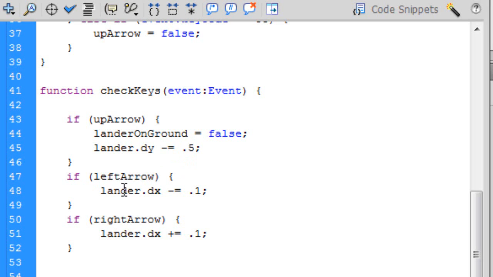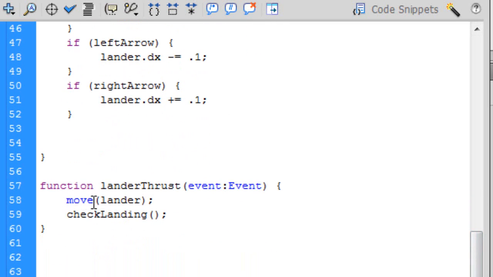If we have the left arrow, then the dx is going to be minus 0.1. If we have the right arrow, then our dx is going to be plus 1 for our lander movie clip. All right, so if we press the up arrow, the dy is going to move up, and if we have the left arrow, it'll move to the left, and the right arrow, positive to the right. So in our lander thrust, we have our move function for the lander, and then check landing. All right, these are events